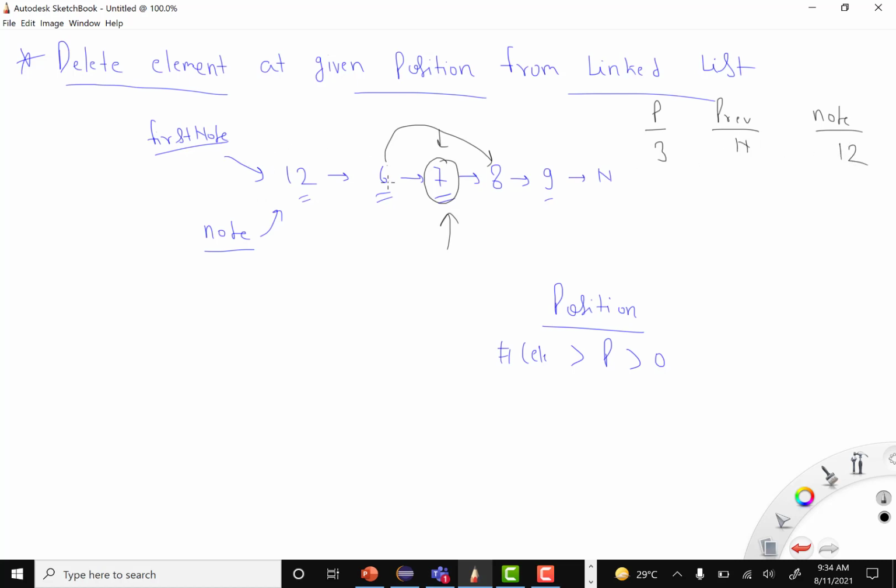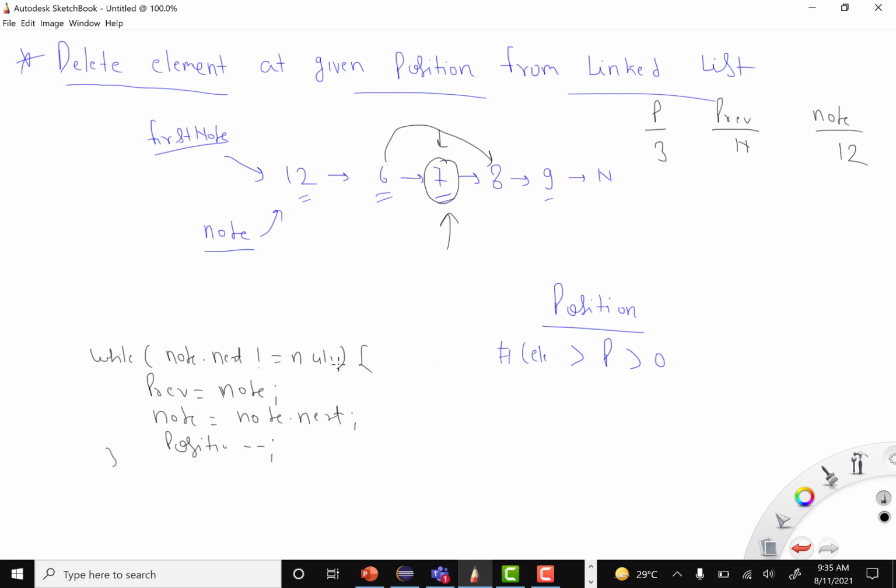Whenever I go ahead, I'll reduce the position by 1. In my while loop, I'll say while node's next is not null, first do previous equals node, then node equals node's next, because once you are done with the previous one you have to go to the next as well, and then decrease the position by 1.